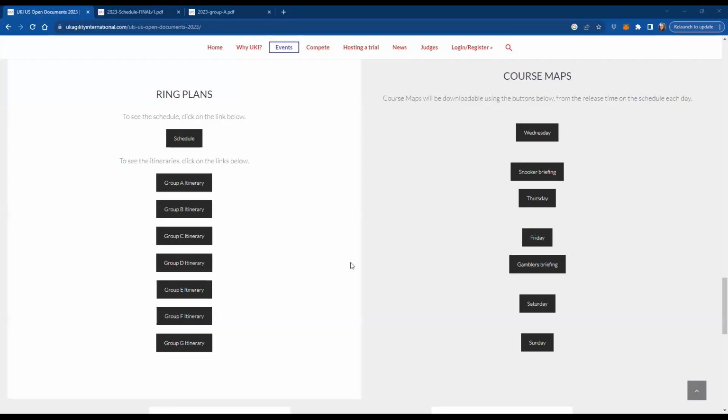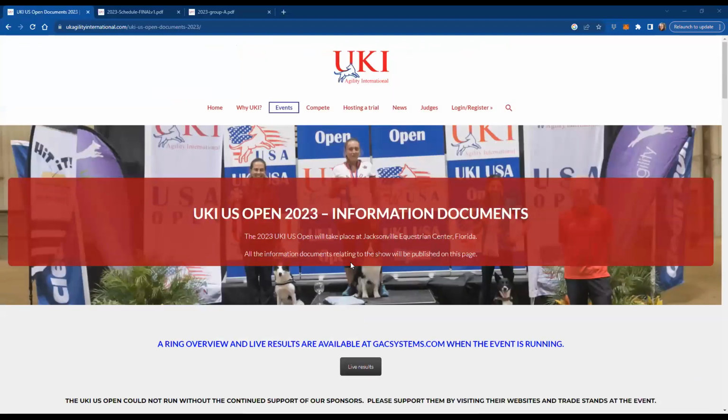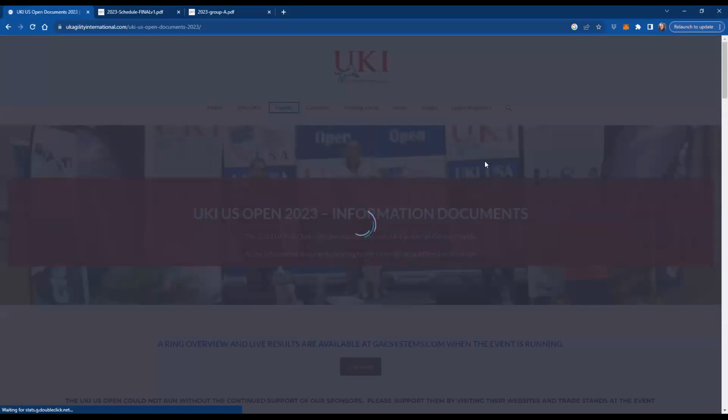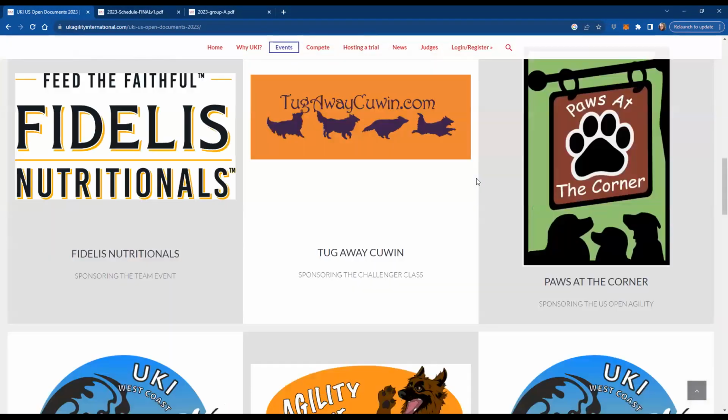All right. So by now, hopefully you have found and are pretty familiar with the UKI page, in particular the UKI US Open and US Open Documents page. This is the most critical page for now through the event. This is where you're going to find everything you need for the event as we move forward. So if you don't have this bookmarked, I definitely recommend bookmarking it